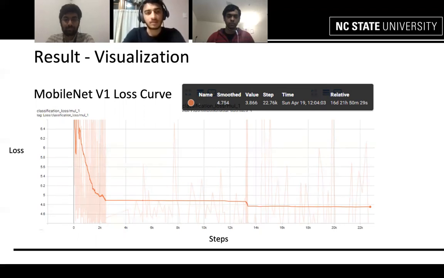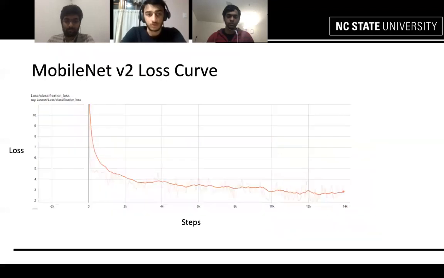So we ran this for quite some time, and we could see that initially our loss was pretty bad, but slowly it decreased, and we were able to get a loss value of 4.8. But on testing these images, we could see that it was very bad as most of the key points were not getting detected. Then we moved on and we tried the MobileNet V2 version.